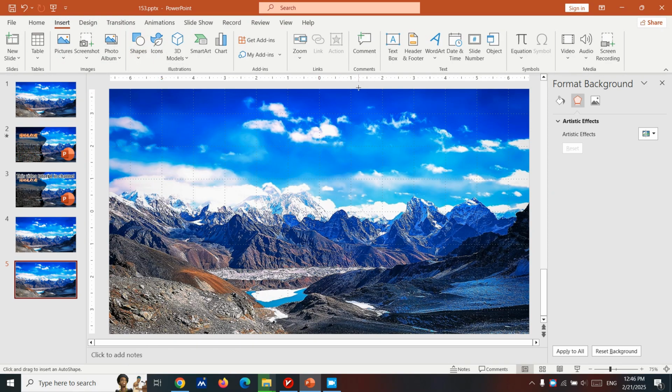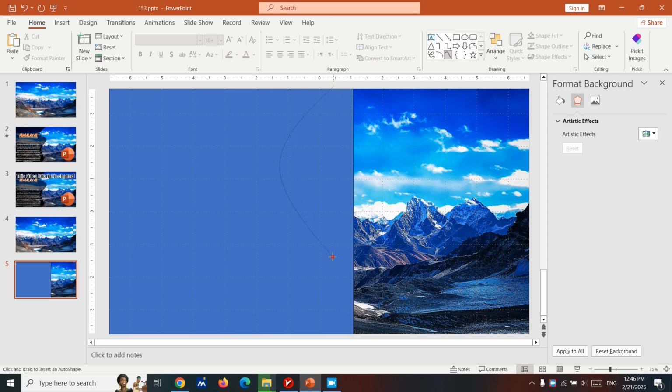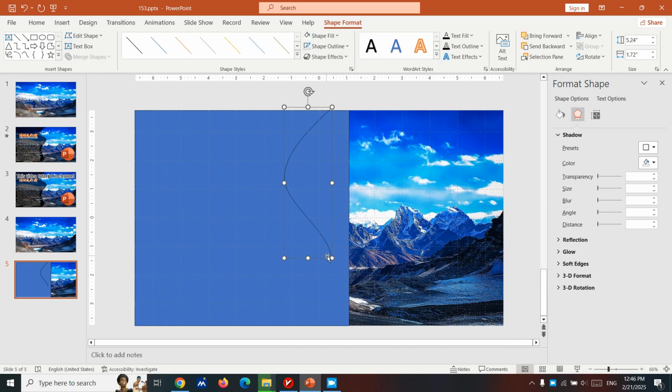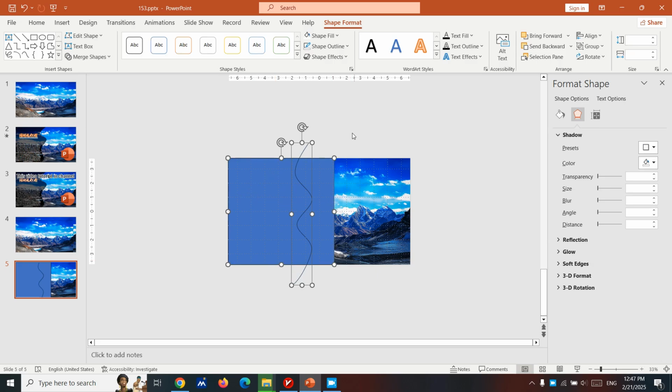First, we create a rectangle. Okay, our rectangle has been created. Now we need to add a curve to it. Okay, it's good. Okay, let's add it. Let's try to add a curve. I don't like this curve. Let's go with this. Okay, we are good. Now, after creating the curve, select the curve and the rectangle and then go to shape